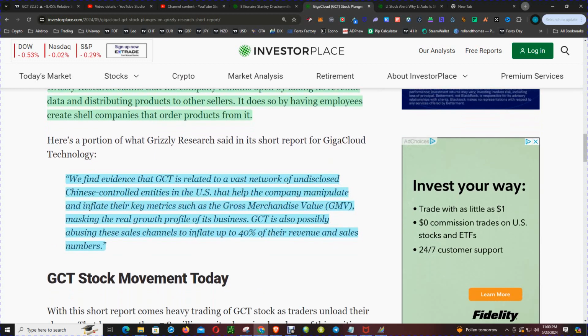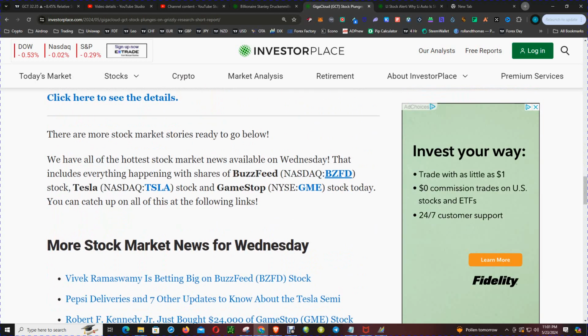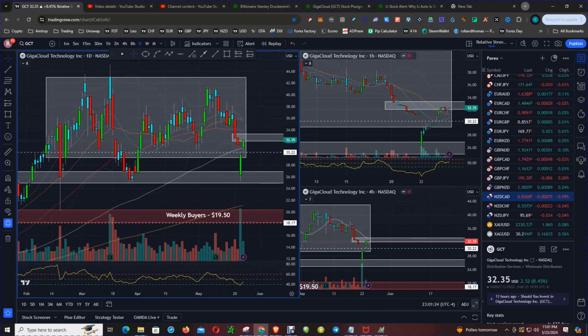Here's what they had to say in particular. They find evidence that GigaCloud is related to a vast network of undisclosed Chinese controlled entities in the US that help the company manipulate and inflate their key metrics such as the gross merchandise value, masking the real growth profile of its business. GigaCloud is also possibly abusing these sales channels to inflate up to 40% of the revenue and sales numbers. That's a big claim, but nevertheless,